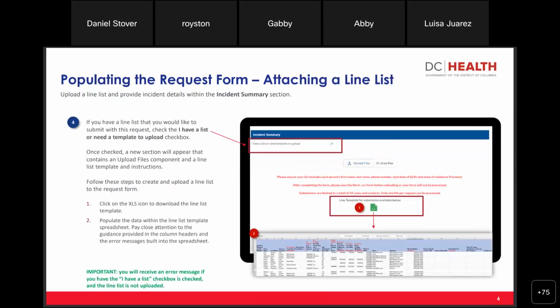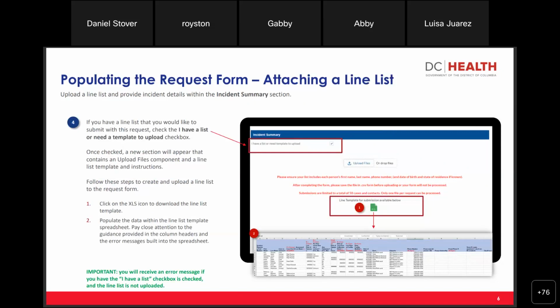After that, we'll come into the incident summary. And so there is a submission form that we use. And so right here is a few pieces of information related to that. And so there's a field, as you can see, with the arrows pointing to it, to indicate that there is a template that's going to be uploaded. And so when that's selected, it'll display what you can see beneath that. So there's the file uploader, there's some guidance text, and then there is a submission template that can be downloaded